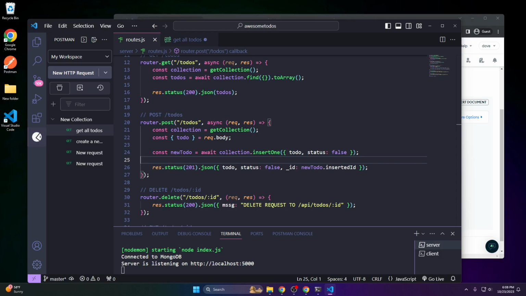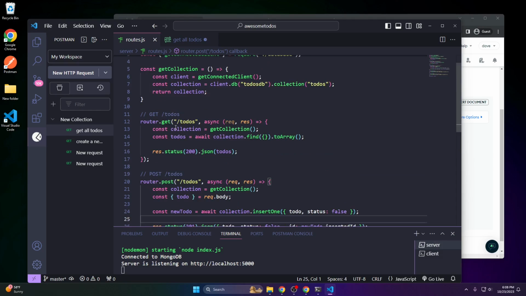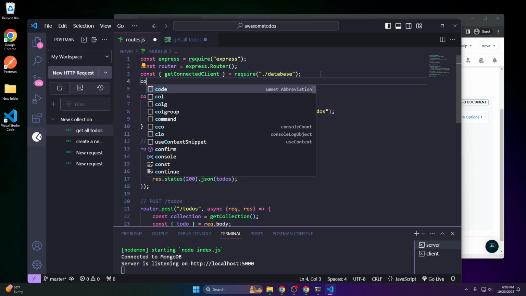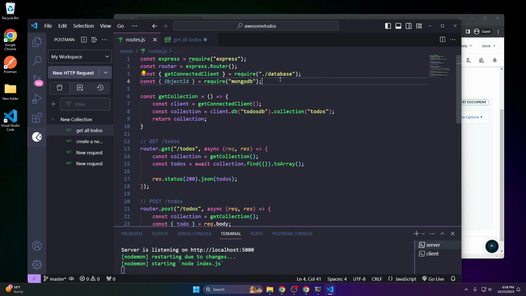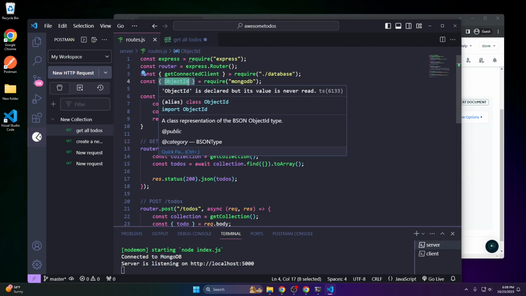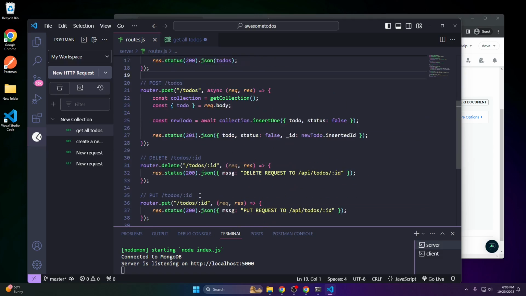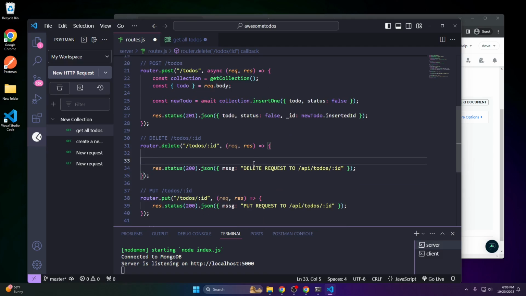We are going to need, let's see here, anything special? We're gonna need something called object ID, and this comes from require MongoDB. So we're gonna use object ID because we have to transform our ID that we're gonna get later on to an object ID, because it's very specific how MongoDB wants to handle it. So in our delete request,